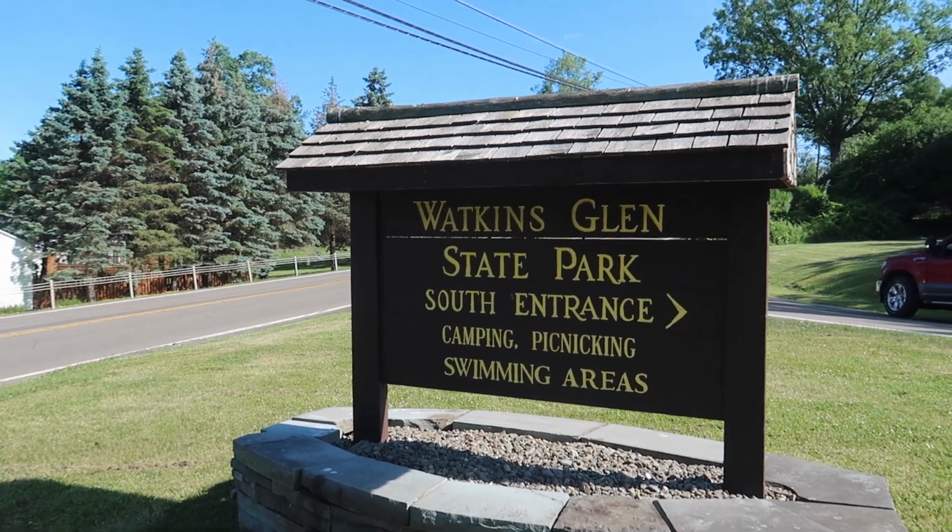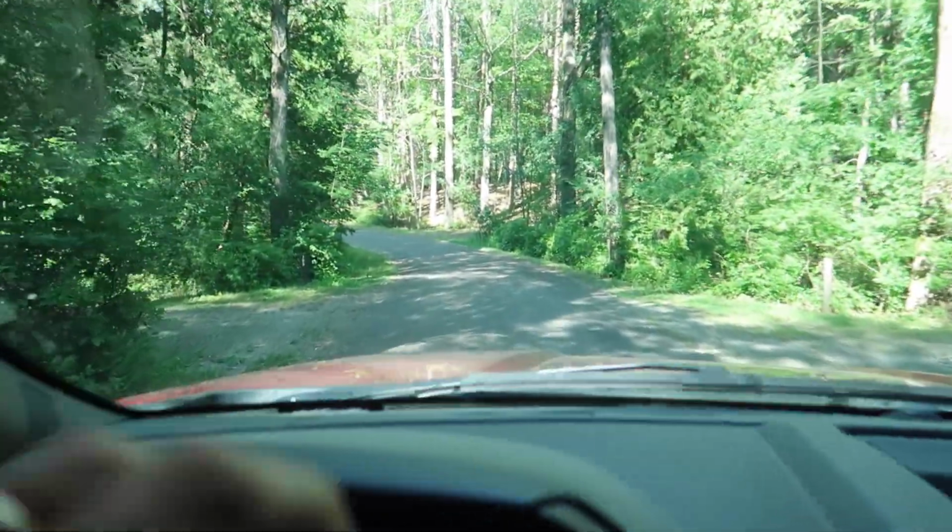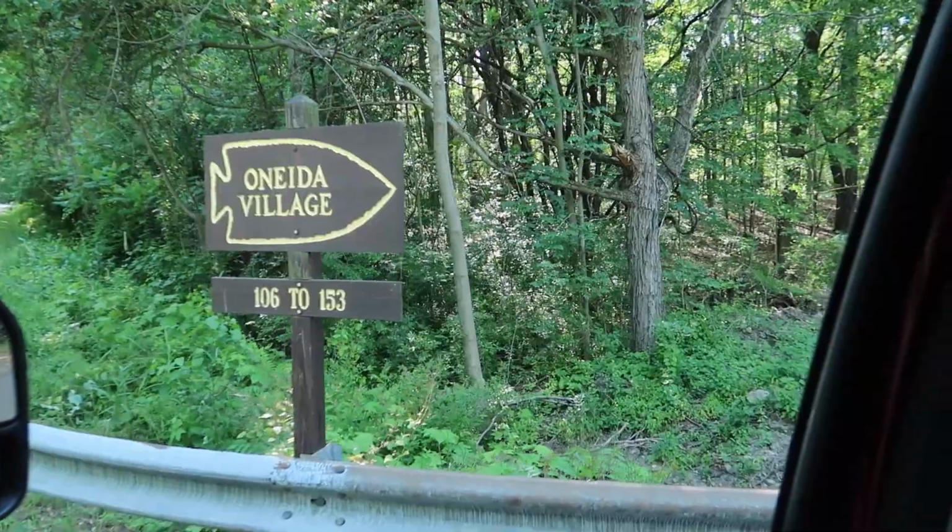So the official name of the camping area here at Watkins Glen is called Six Nations Camping Area. And it's actually made up of 6 loops. 2 of them are electric, and they're actually called villages. So I'm going to take you around and show you the 6 different villages here at Watkins Glen State Park, Six Nations Camping Area. So we're currently in the Oneida